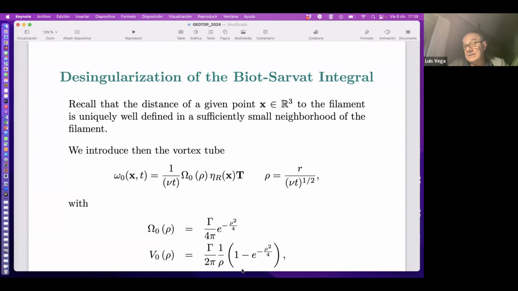I guess this is very well known, at least for the people who watch movies. When you have a hurricane and you are in the middle, in the eye of the hurricane, your life seems to be very, very nice and simple. Of course, if you move a little bit, so if rho is distance 1, that means that you are at distance square root of nu t from the eye of the hurricane, then your life is much more complicated because you have 1 over rho, and this is in the direction that we will see in a minute, in the direction of E theta.